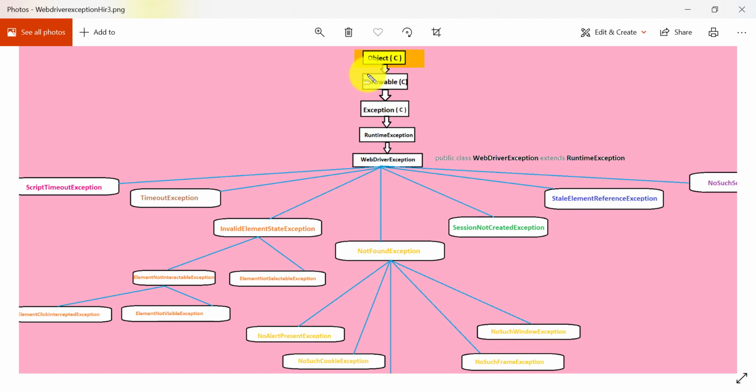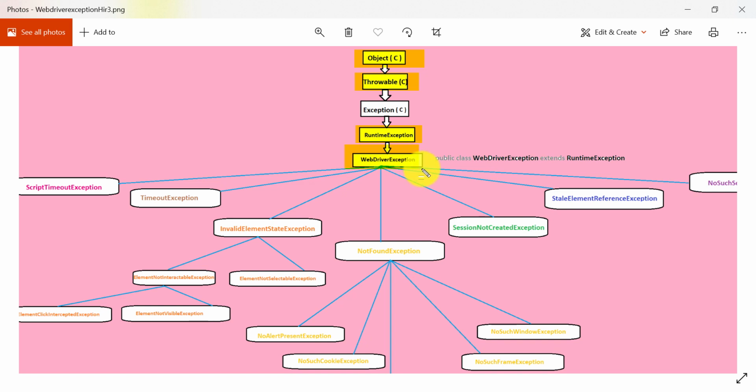Then it has some direct subclasses. Throwable is one of them. Throwable is the child of the Object class, and it has Exception as a direct subclass. This is the parent Exception, and in Exception there are a couple of direct subclasses that we already saw in part 1. One of them is RuntimeException, and RuntimeException is divided into some JVM exceptions and some WebDriver exceptions.